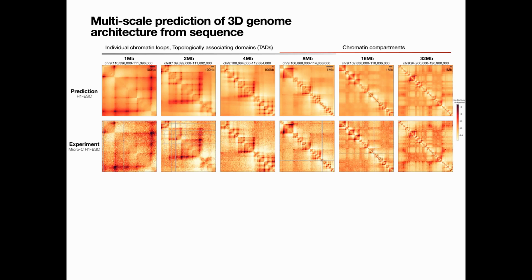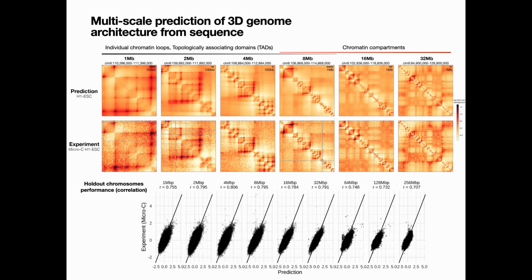These multi-scale predictions now allow us to predict genome structure at varying sizes, from the more local chromatin loops and TADs to chromatin compartments, which can only be seen at larger spatial scales. We also quantitatively measure the performance across 2 entire test chromosomes, with a correlation consistently ranging from 0.7 to 0.8